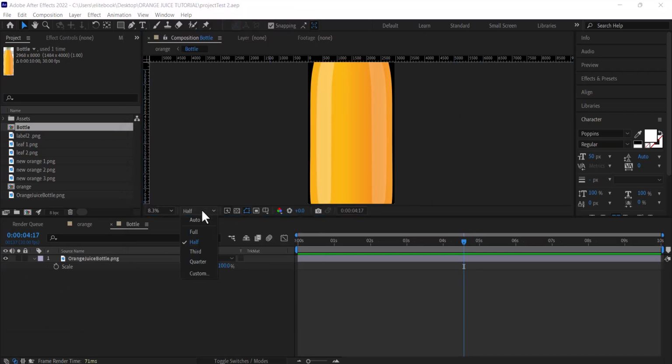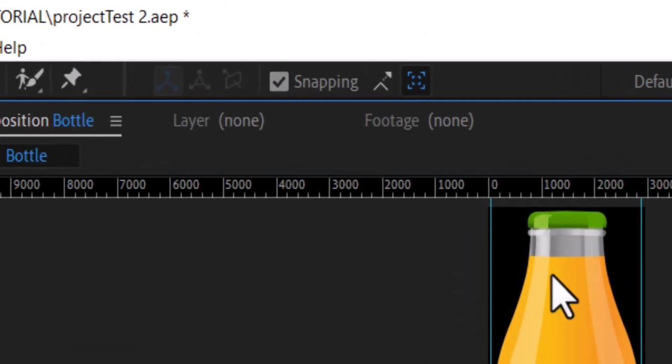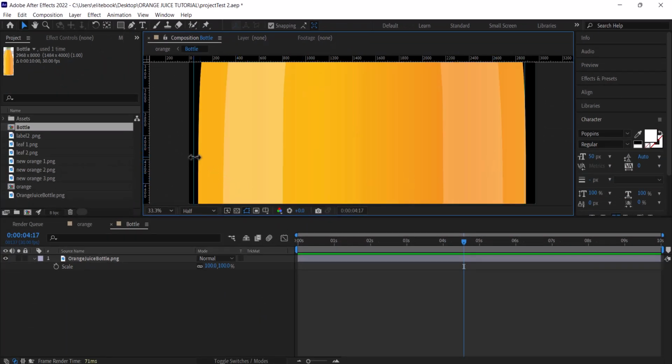Let's resize our bottle to fit our screen and click and drag a guide from the vertical rule on your left so that it snaps to the left of the bottle, and then click and drag another guide to snap to the right of your bottle. Now let's make sure whilst we are doing this, snapping up here is ticked. So we can zoom in to make sure our guide is actually touching the side of the bottle, and then